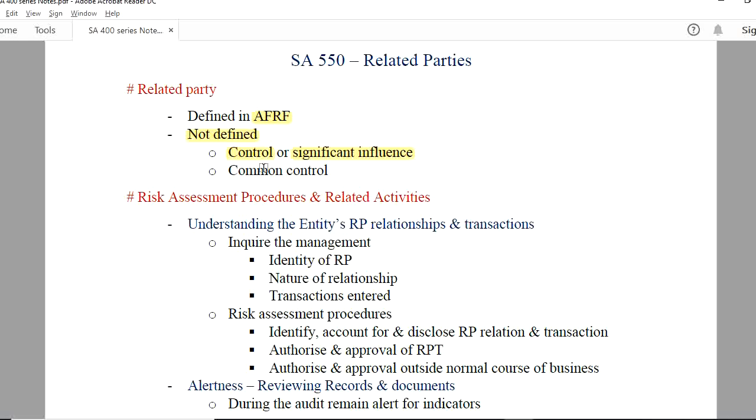It also means the other entity which comes under common control as the reporting entity. Here common control means common controlling ownership, common key management and so on. So where a person or an entity falls under any of these categories, it would be termed as a related party to the reporting entity. Regardless of a transaction being carried out with these related parties, the auditor is required to